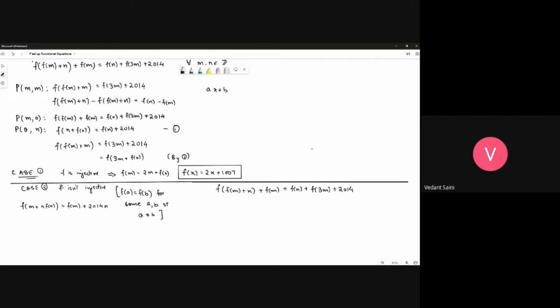Probably I'll put A and B instead of some M or N. All M's are in f. Putting N equals, we can do two things here: M comma A or A comma N. This would give us,